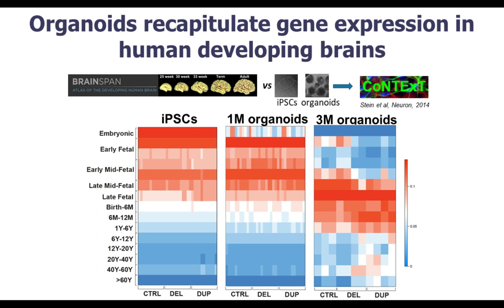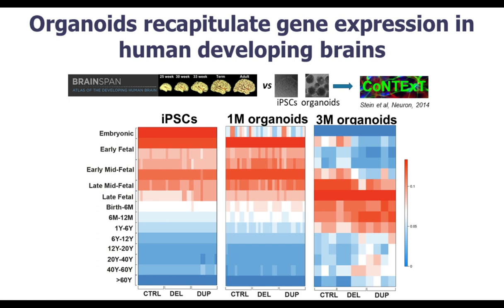And one way to do that is by gene expression, global gene expression. So we take advantage of tissue banks like the BrainSpan, where we upload our global gene expression coming from iPSCs or different stages of organoids. Then we use other tools such as the CONTEST to really help us to make the match. And what we can see is that at the early stages, the iPSCs really match with embryonic stem cells, but as 1 month organoids already moved from that embryonic stage and are more similar to early, middle fetal stages, and